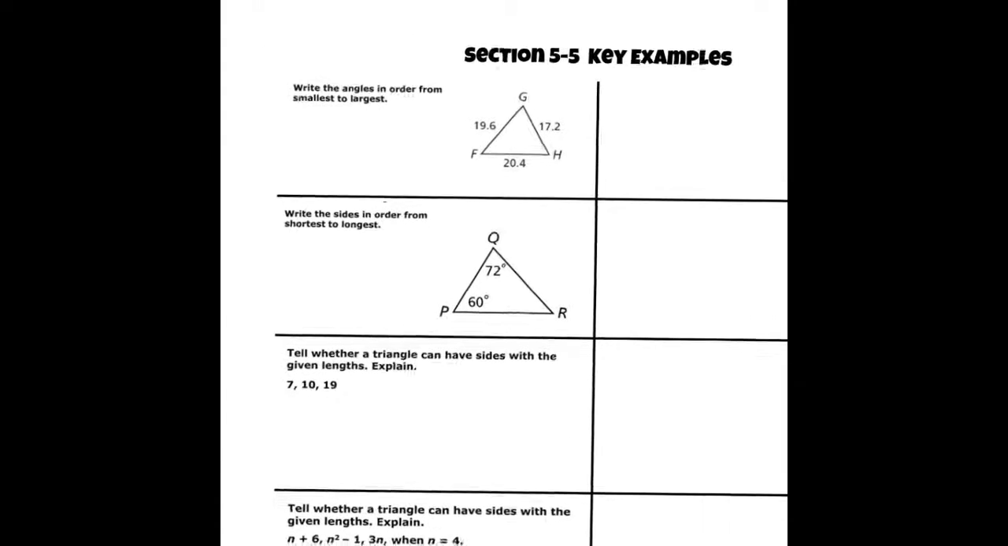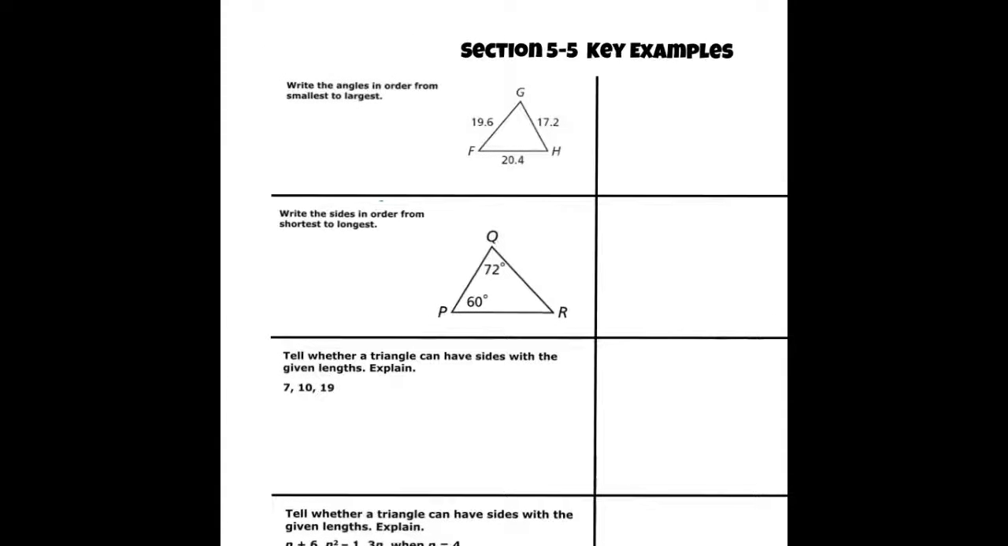Today we're going to look at the example problems from section 5.5. So in this section we're talking a lot about the side lengths of triangles, particularly how they relate to the angles and also how their measurements have to meet certain requirements. So I'm going to focus in on the first example, and we're going to be writing the angles in order